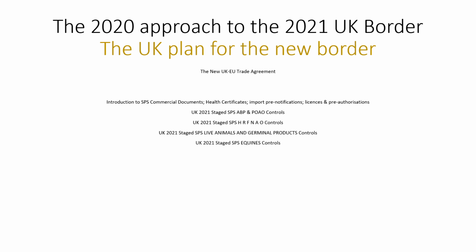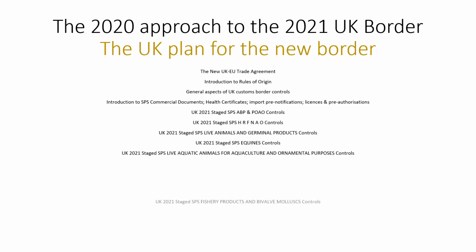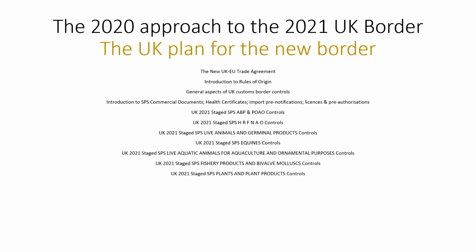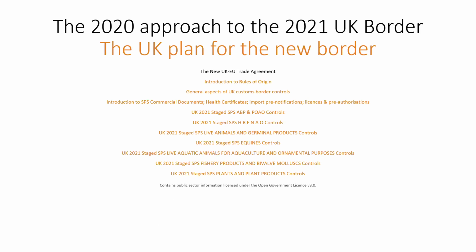And this series of videos not only touch upon the UK-EU trade agreement but, as a bonus, I've also squeezed in rules of origin too, plus various other general aspects of UK customs border controls. Many of these, plus many SPS controls we'll be looking at, are indeed introduced in stages from January to July 2021. And all for beginners. All better with headphones too.